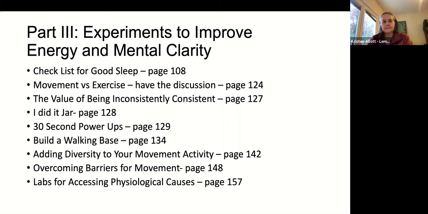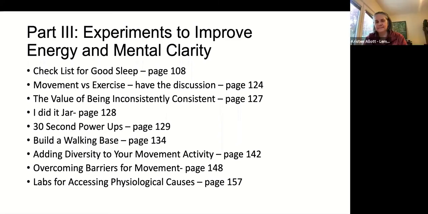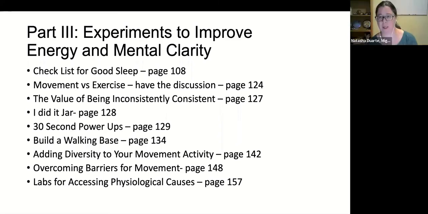Mm-hmm. So we have a number of comments in the chat. I just want to run through them, and they build off of what we've been talking about and then get into some of the other things on this list as well. So it's a nice segue. So one person said power-ups are a recipe for success. They're so easy to do. So that is one thing that power-ups do, is really lower the barrier to start, right? Like most people can find 30 seconds to do something, even if it's just once a day to begin with.